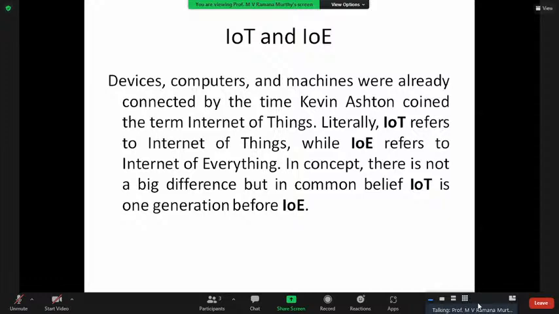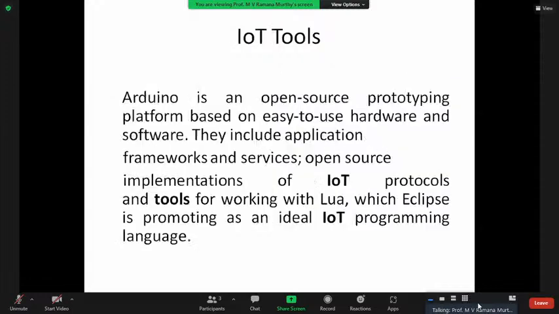Internet of Everything is basically a concept, and there is not a big difference from the common belief of IoT, which is a generation before IoE. So